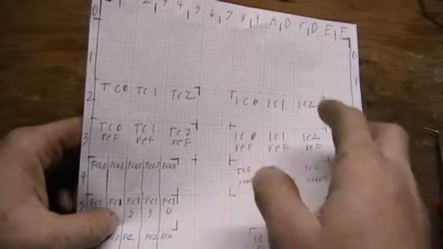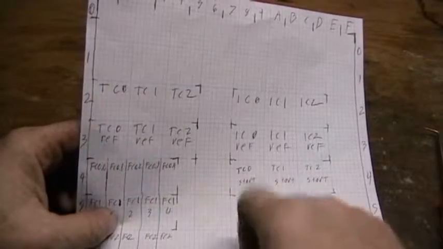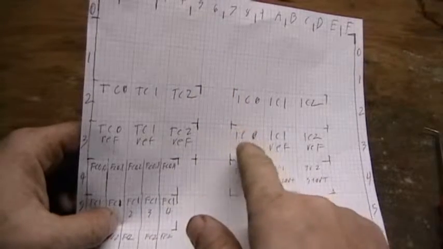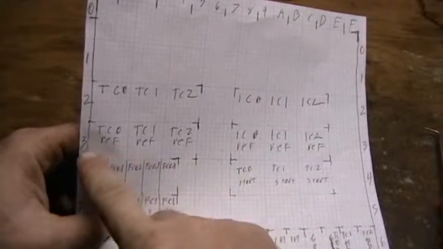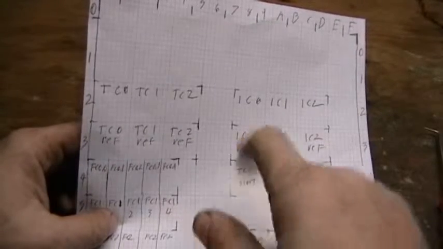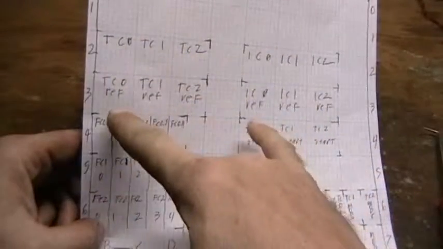Take 00, shift left, add 30, and you have reference for timer counter 0. Take base address 00, shift left once, add 8 to it, and you have base address for reference for timer counter internal counter 0,